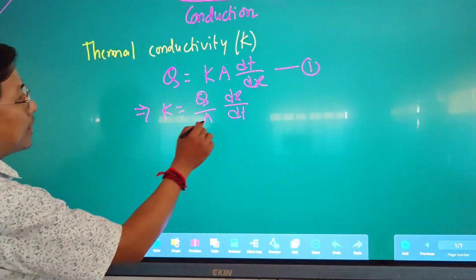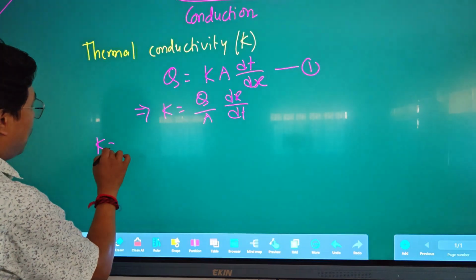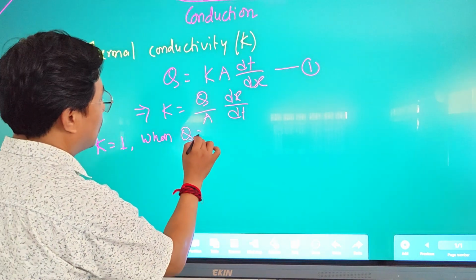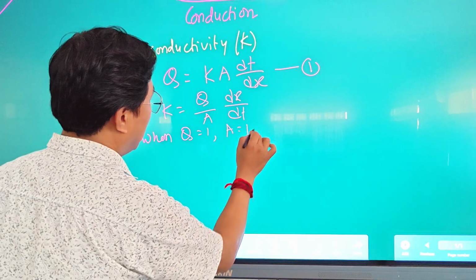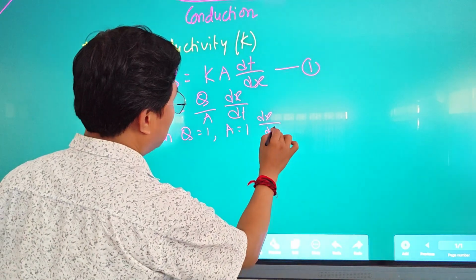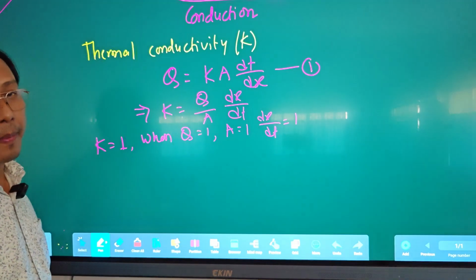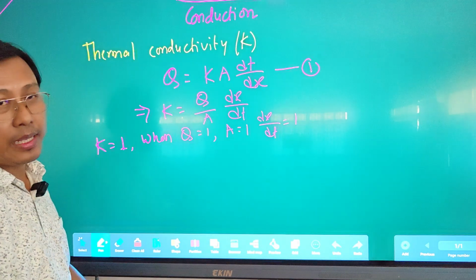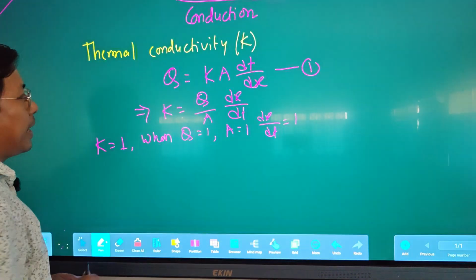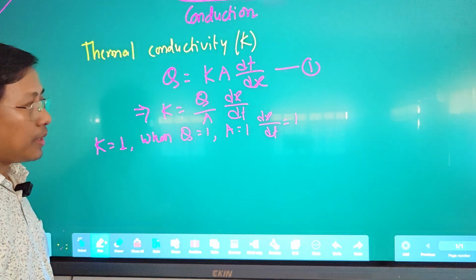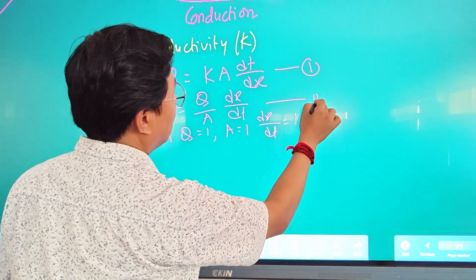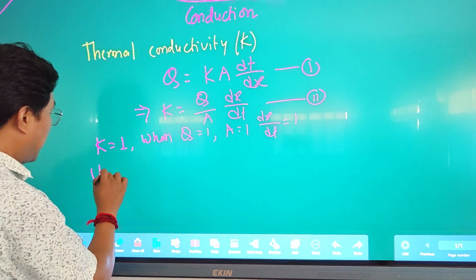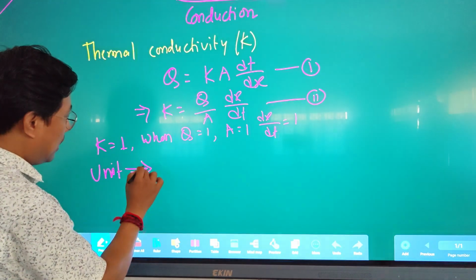Clear? And using this equation, K will be 1 when Q equals 1, area equals 1, dx equals 1. Okay, so when the values of all the parameters are unit, then K will have the unit value. And using this equation we can also find the unit of K. So the unit of K will be